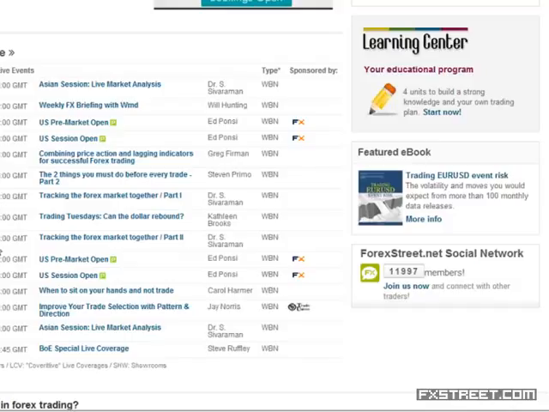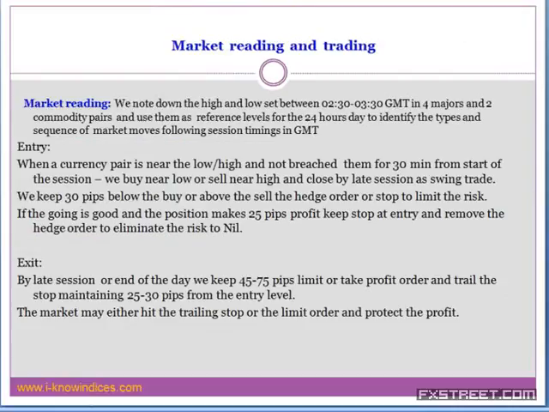And similarly, part 2 will be at 14 GMT. 13:30 is the session start time, and 30 minutes after that, I will try to take the positions. So as soon as I start the webinar, I'll try to read the market and try to commit to positions, and later on explain to you how exactly such trading decisions can be taken, and also use the trading strategy to limit the risk and maximize the profit.